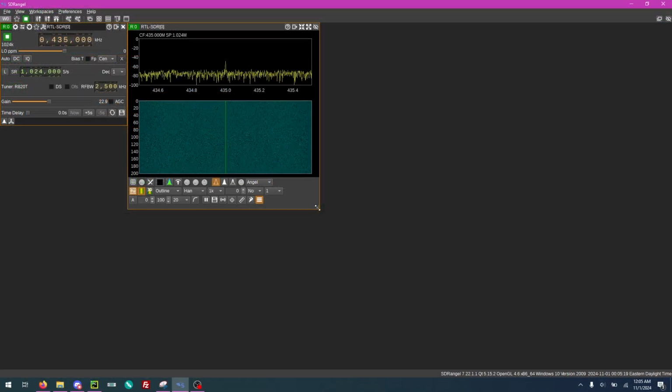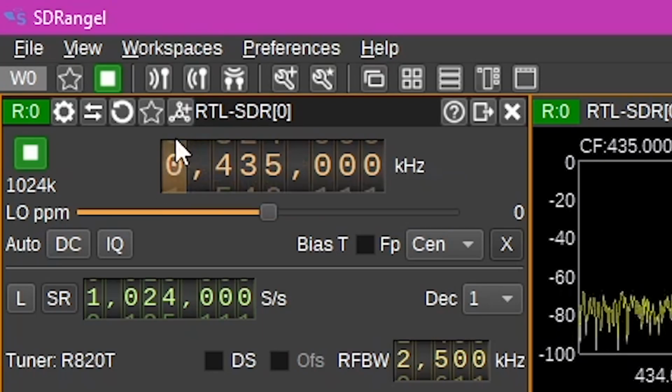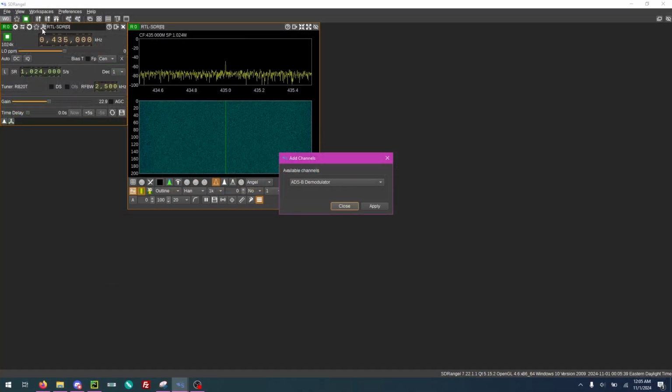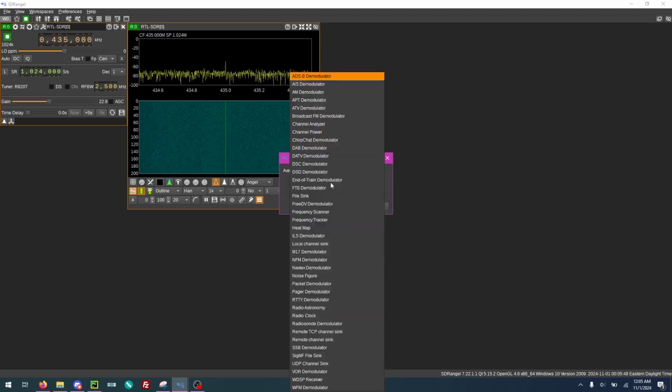Now you'll notice, however, there's no sound, there's nothing coming out of this, and that's because everything is set up very differently in SDRAngel. If we come over to our device here, you'll see that we have this little star button, and it says add channels when we hover over it, and this is how you do demodulation and modulation within the application. So if we click on the Add Channels button, you'll see we have a drop-down list